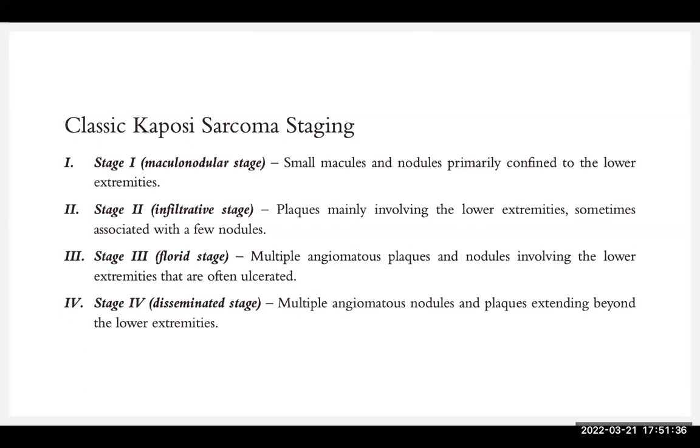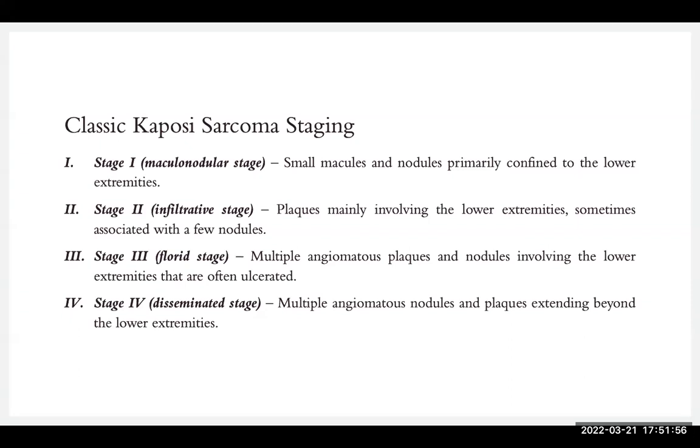Then you have stage 3, where you have angiomatous plaques with nodules involving the extremities that are often ulcerated. This is the florid stage, and then you have the disseminated. So now these ones are beyond the lower limbs. Okay,